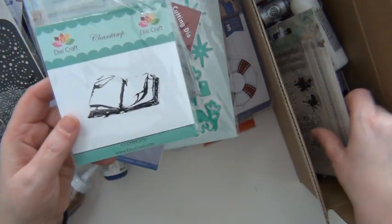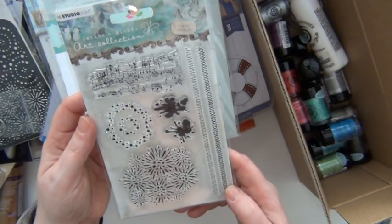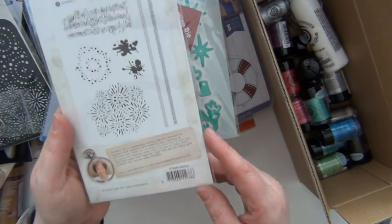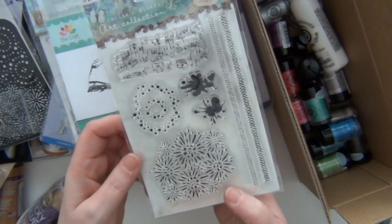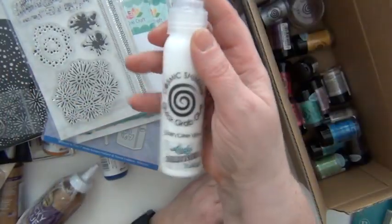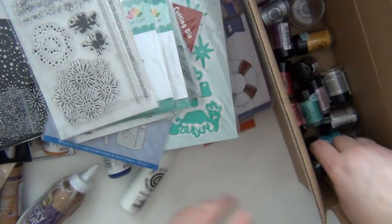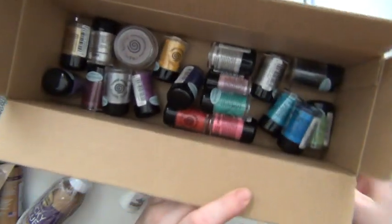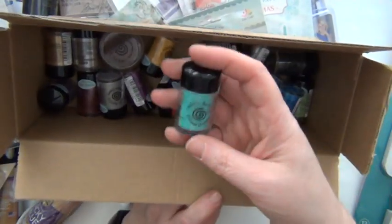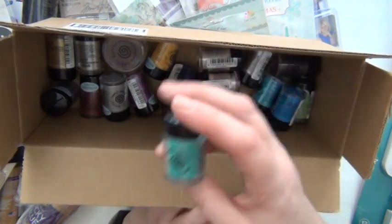Here's a fountain pen. Here's a book. And here is a set of stamps from Studio Light. MA03 you could go have a look-see for. And I'm thinking about New Year's Eve here again with that splatter. Here's the glue that I was talking about before, Cosmic Shimmer. And as you can see in here, I've got Cosmic Shimmer shakers, and these are